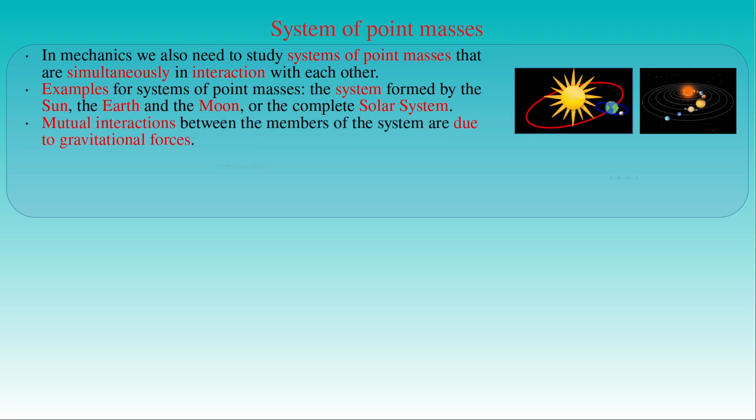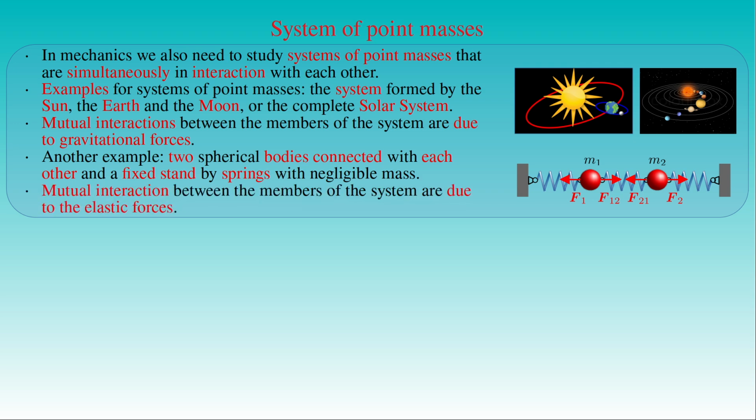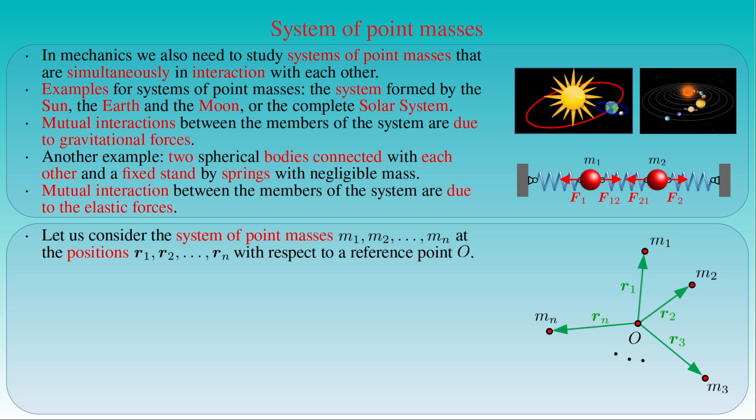Two spherical bodies or balls of masses m1 and m2 connected with each other in a fixed stand by springs with negligible mass can also be described as a system of point masses. The forces F1 and F2 are simultaneously exerted on the bodies by the stand, whereas the forces F_12 and F_21 represent the interaction between the point masses. Here the mutual interactions between the members of the system are due to the elastic forces produced by the deformation of the springs. Based on these examples, let us consider a system of point masses m1, m2, ..., mn, and